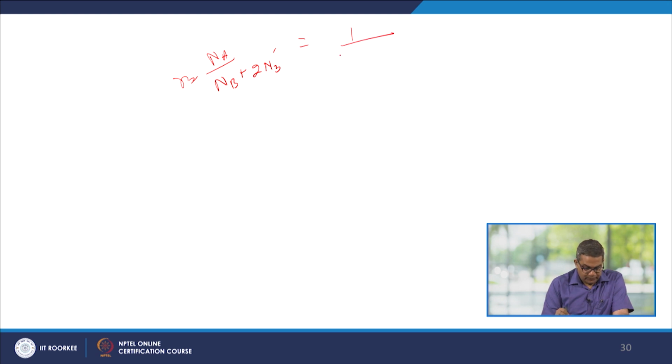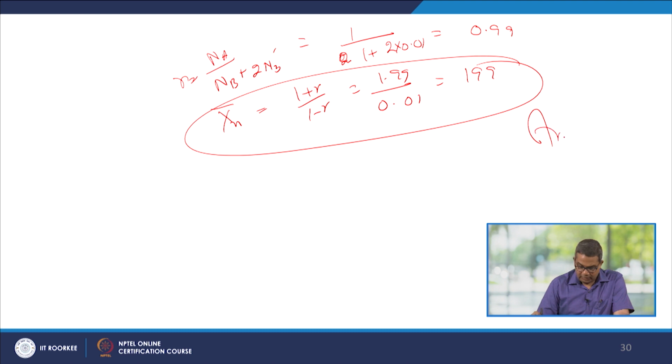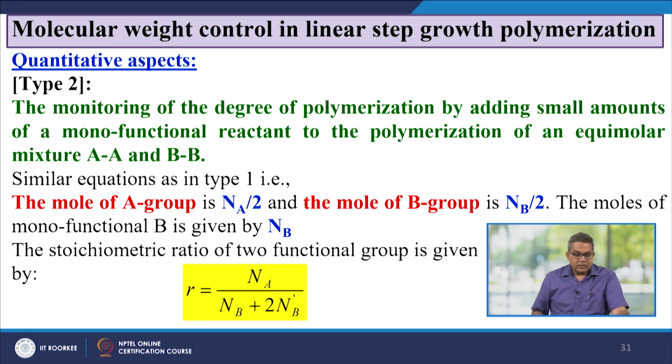Now another thing I would like to reflect on: R is equal to Na over Nb plus 2Nb', which is 1 over 1 plus 2 into 0.01. This comes out to be 0.99, and xn bar is equal to 1 plus R over 1 minus R, 1.99 over 0.01, that is 199. This is our answer. Now let us talk about the quantitative aspect, that is type 2,